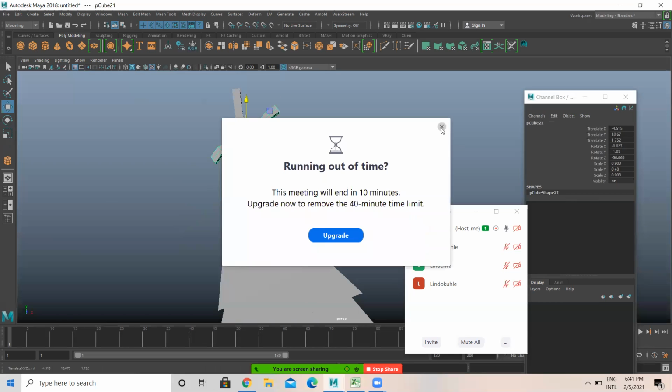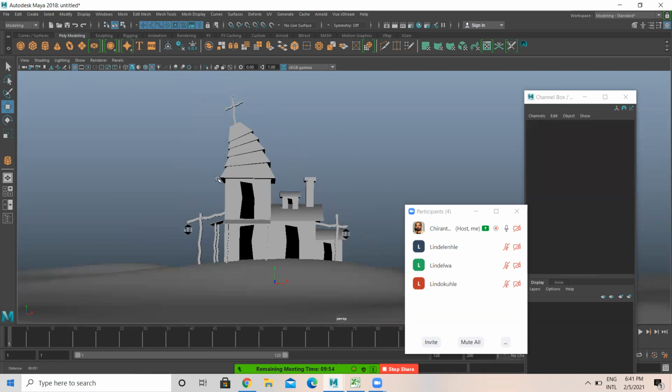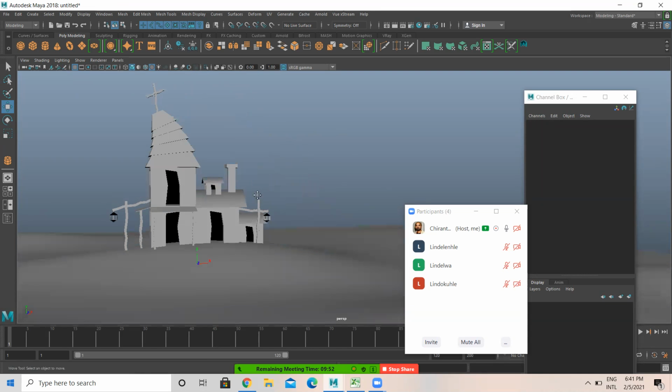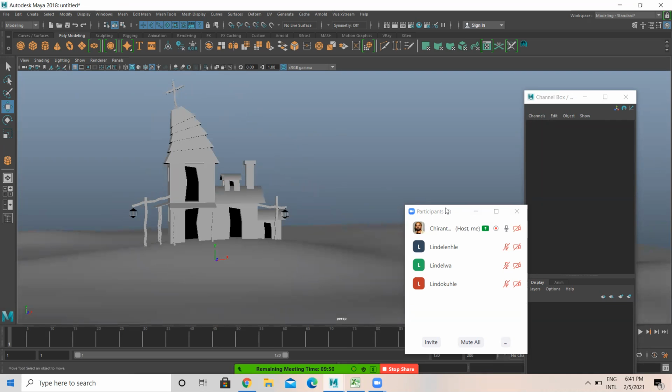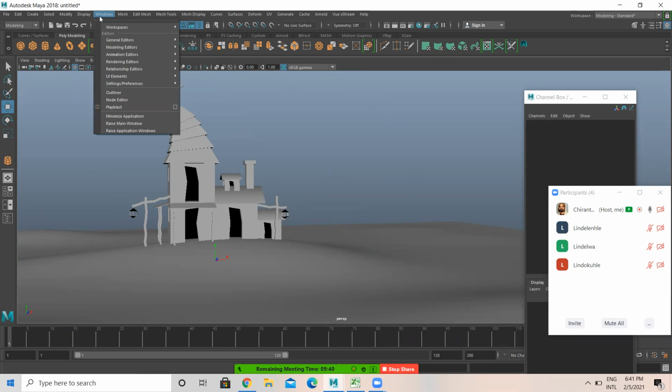So in the movies and all, it will be something like this, right? There are other options where you can add default plants or trees and all. Those things we'll see separately.